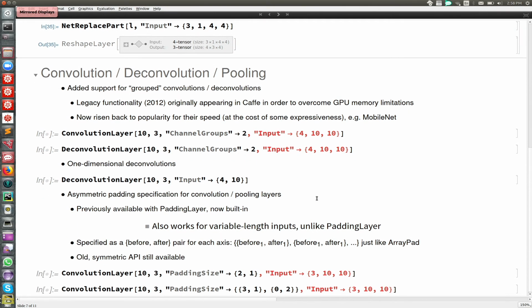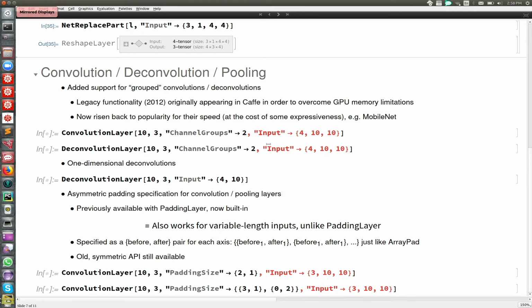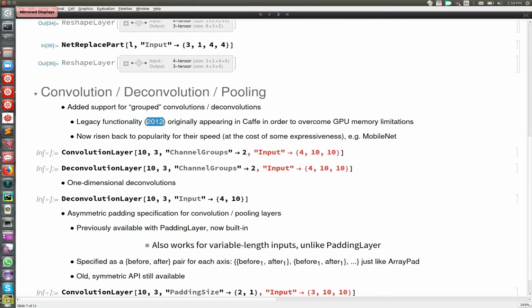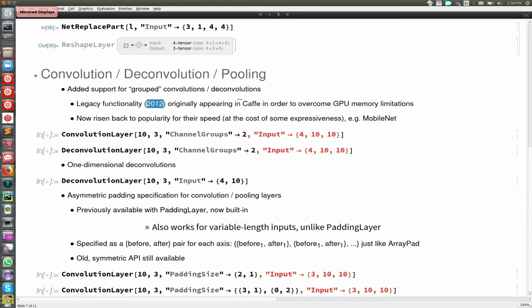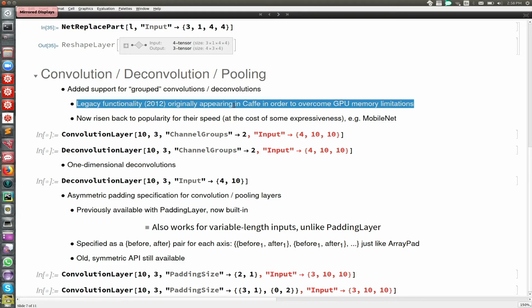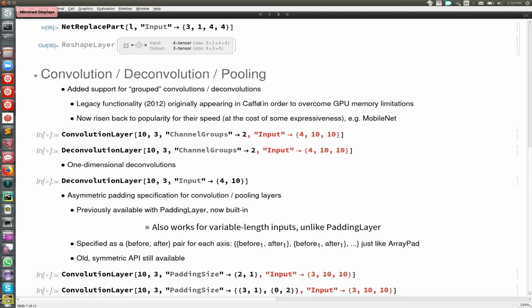So we've done improvements to convolution, deconvolution, and pooling. We are finally supporting the so-called group convolutions with the channel group parameter. This was an old functionality, old for the deep learning world at least, originally appearing in Caffe. This was mainly introduced by AlexNet in order to